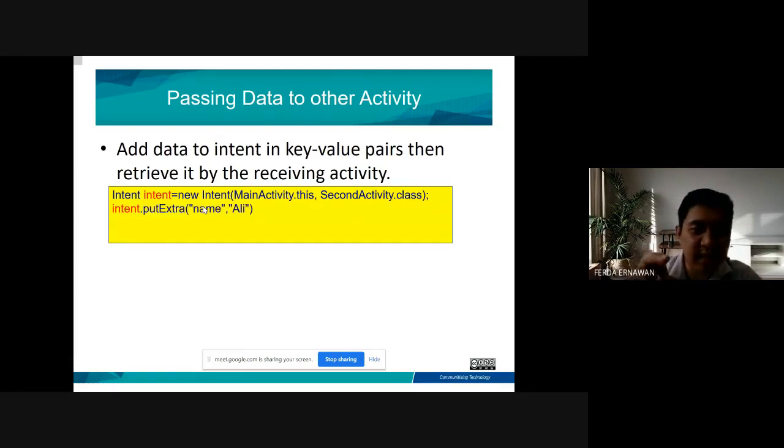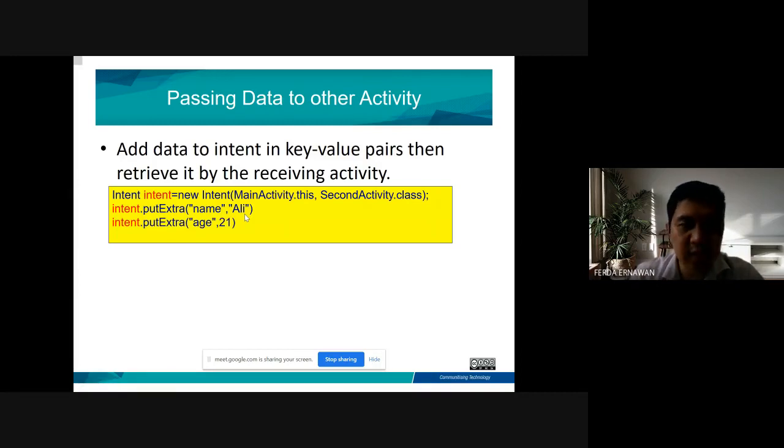After that, you can add the data that you want to pass. For example, I'm going to pass the string Ali to the second activity, so I can call intent.putExtra, and then this is the variable name, and this is the string value, which is Ali. You also can